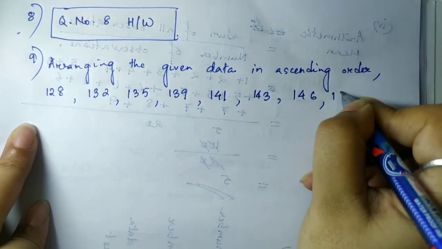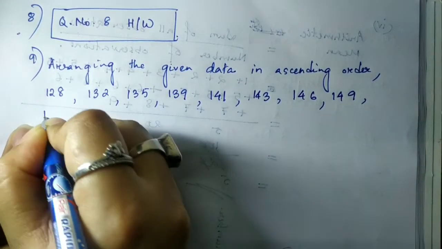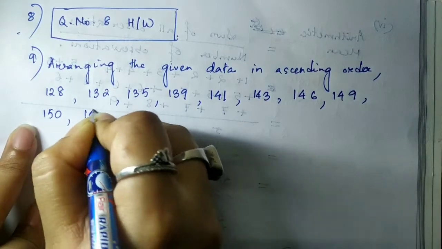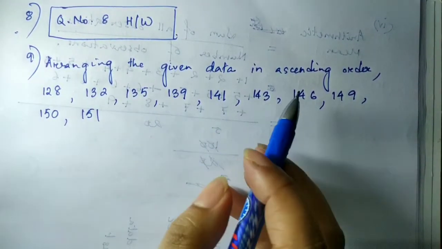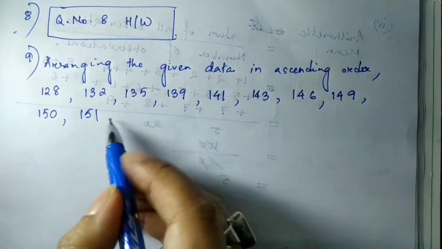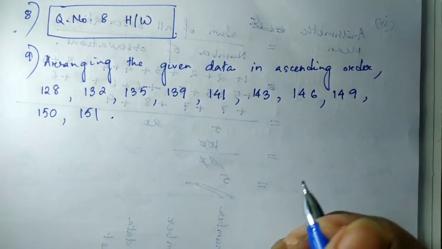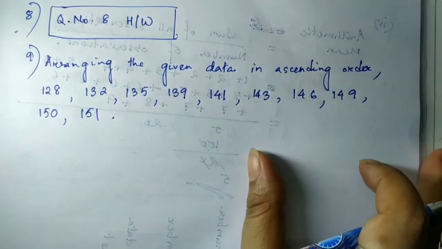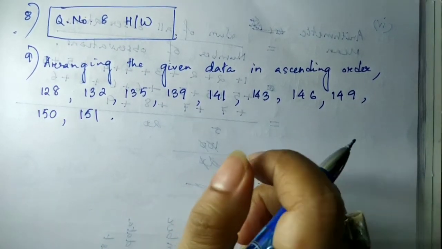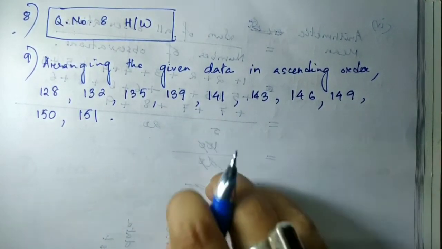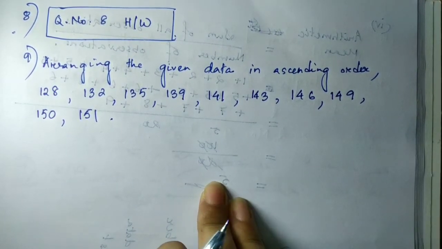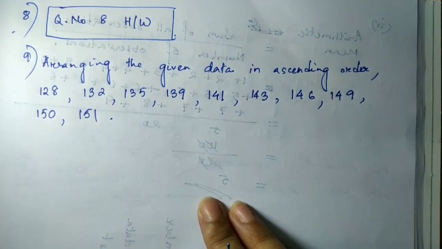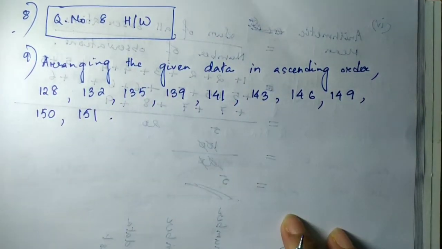146, 149, 150. See, one thing you do whenever you, after arranging, you please count 1, 2, 3, 4, 5, 6, 7, 8, 9, 10. And it's given the height of 10 girls. So that means you have not missed out any value. Okay, it's very good to count so that you don't miss. Sometimes some numbers might be repeated, or when there are more than 20-30 data, we tend to skip some data. That's basically a human error. So I hope you will count so that there is no mistake in it.